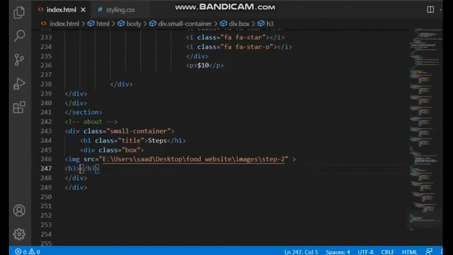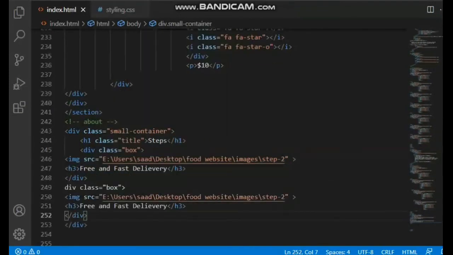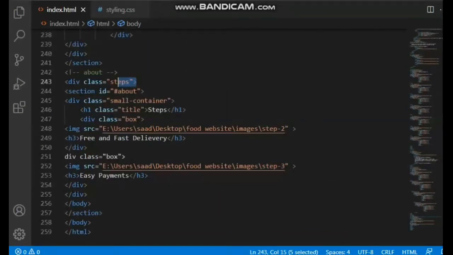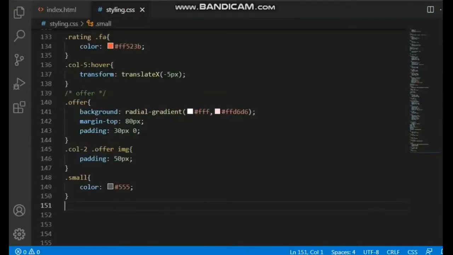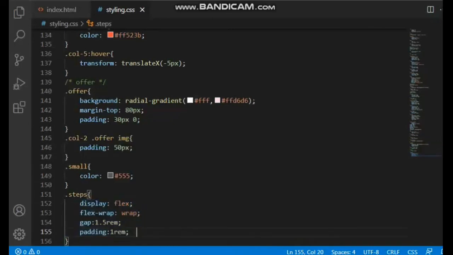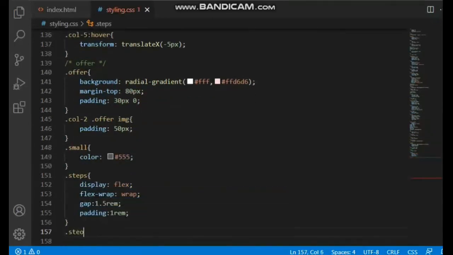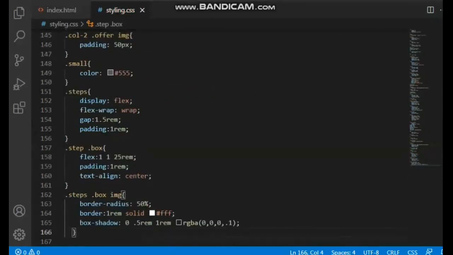Now we will add h3. In h3 we will add free and fast delivery. We will copy it again and paste it again. We will just remove the text and write some other text, and now we will add steps.box.